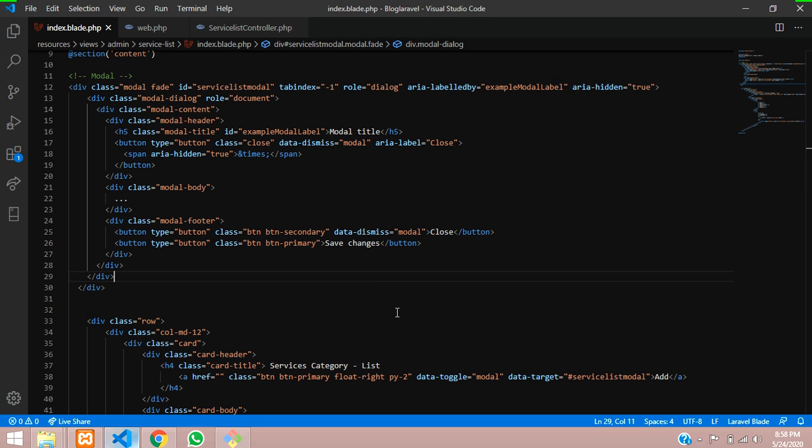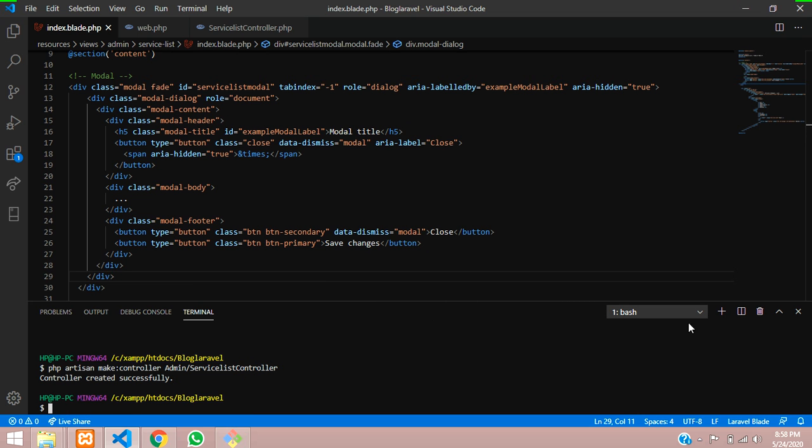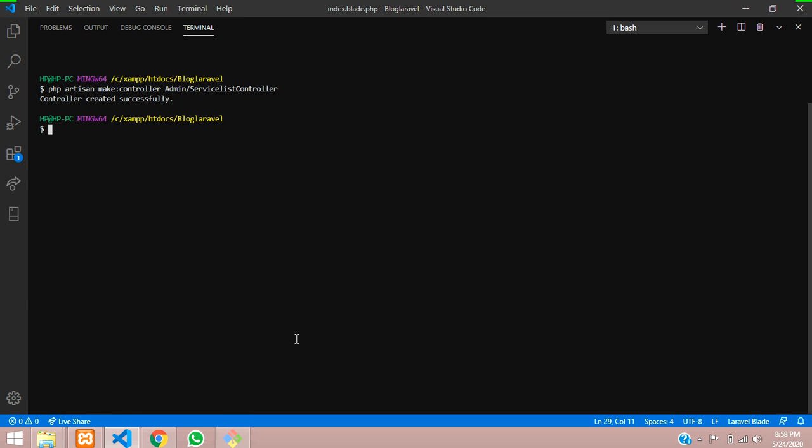So guys, first step, we are going to create one table. So let us open the terminal, and then you can run the command php artisan make:migration create_service_lists_table.